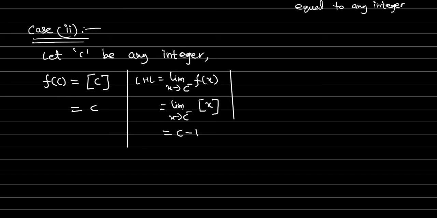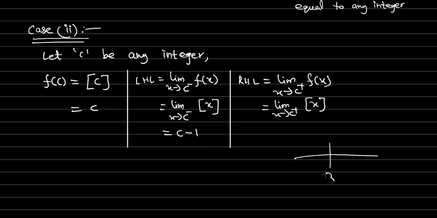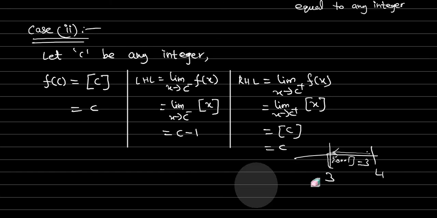Now the right hand side limit. x is approaching C from the right hand side. f of x is the greater integer function of x. For the sample 3 I told, till it reaches 4, it is going to be 3 only. But we are considering only the close values of 3, so even when we apply the greater integer, it is going to be 3 only. So no problem at all here. When we apply C, the same C only it will take.